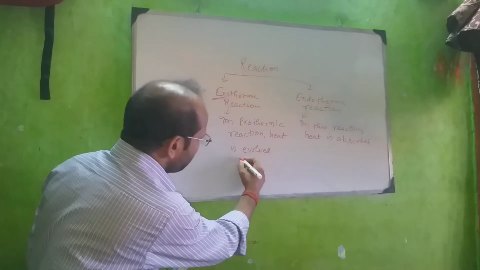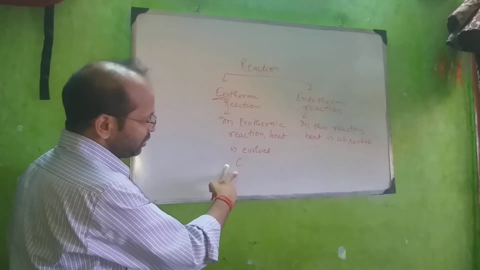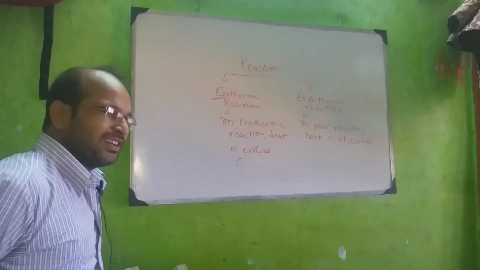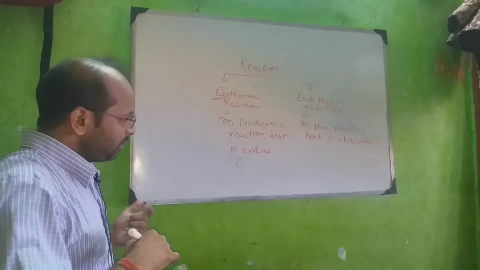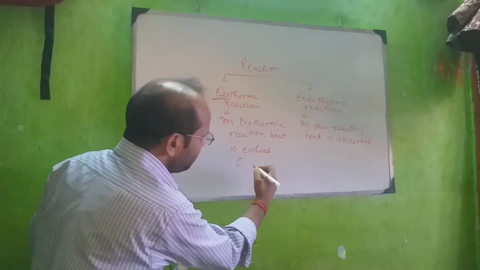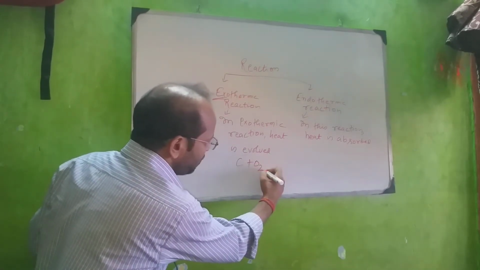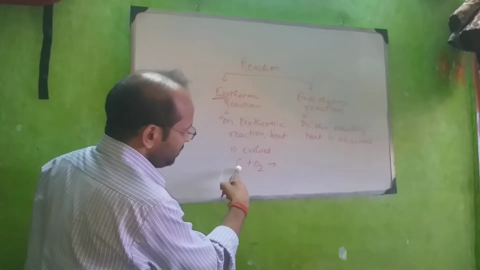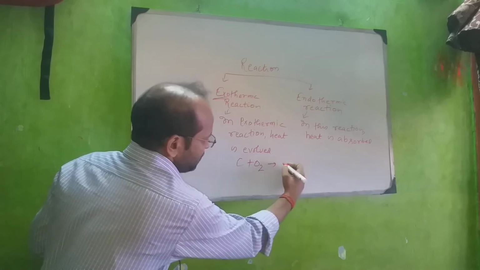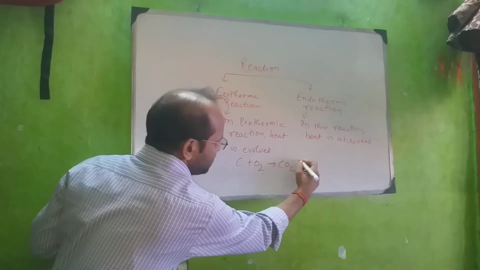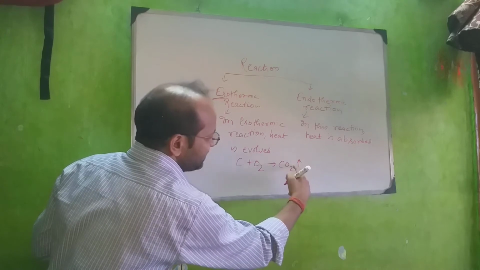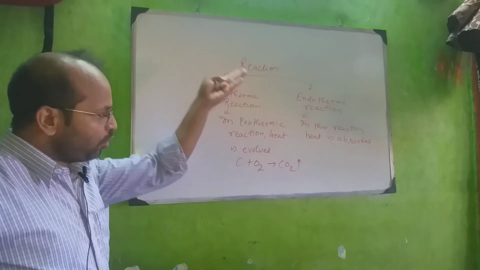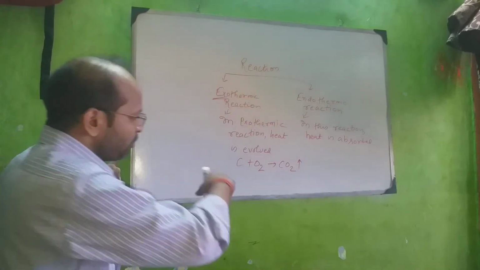Suppose carbon. Coal can be denoted by carbon. There are varieties of coal: lignite, peat, anthracite, bituminous. So when you burn coal, whenever we burn anything, we need oxygen to burn it. Without oxygen, nothing can burn. So when we burn coal, which is a form of carbon, in presence of oxygen, we will get carbon dioxide gas. And whenever gas is formed, we give an arrow like this. This arrow indicates that the gas after forming will go above. Whenever gas is formed, most of the gases go above. Okay, this.